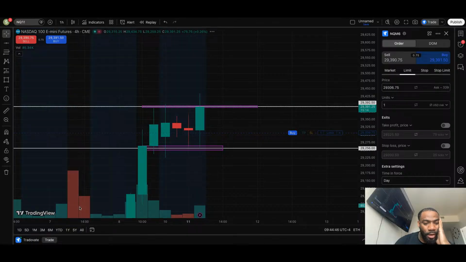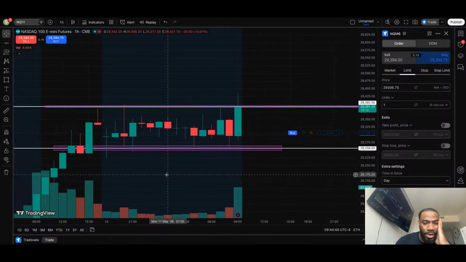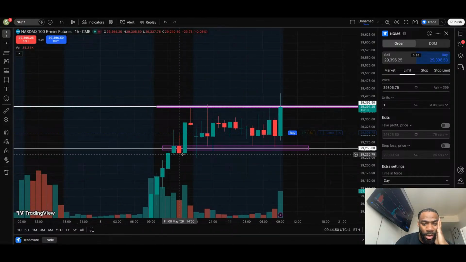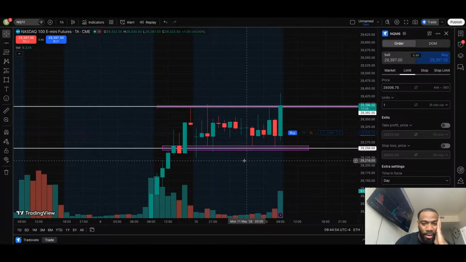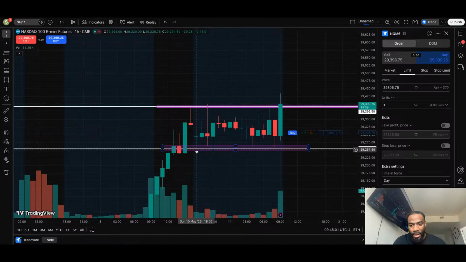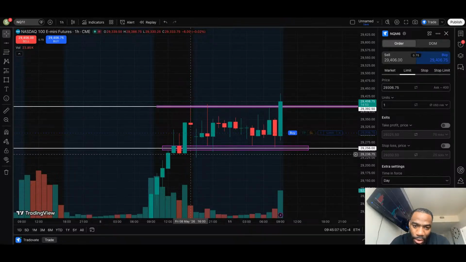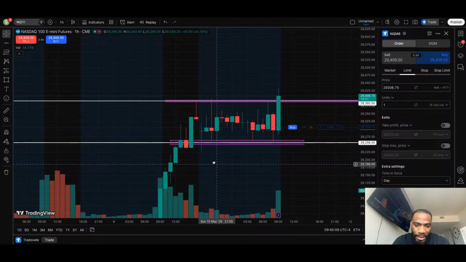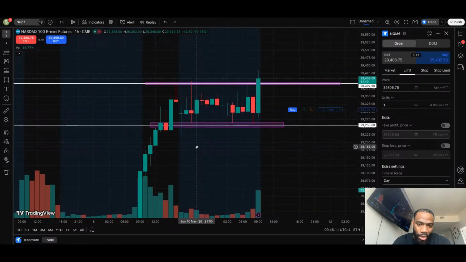So I'll start on the 4 hour. I'll just look at the 4 hour, but then I'll go to the 1 hour and basically box the price in, right? So I see areas where price hit multiple times, and that could be different for you. Your eyes could tell you something different, but it's just the area anyway. There's no exact price regardless, so you just want to get the area.